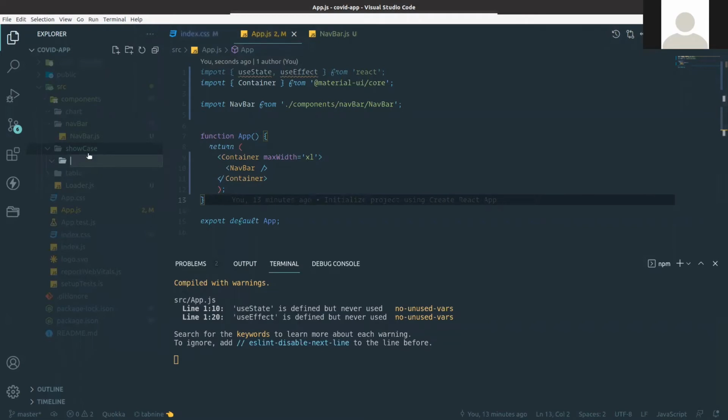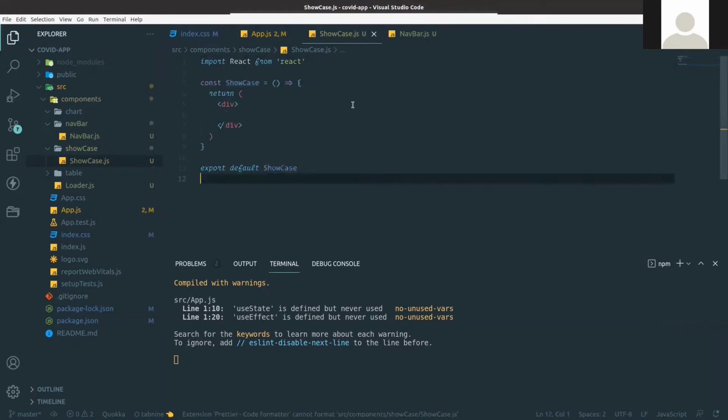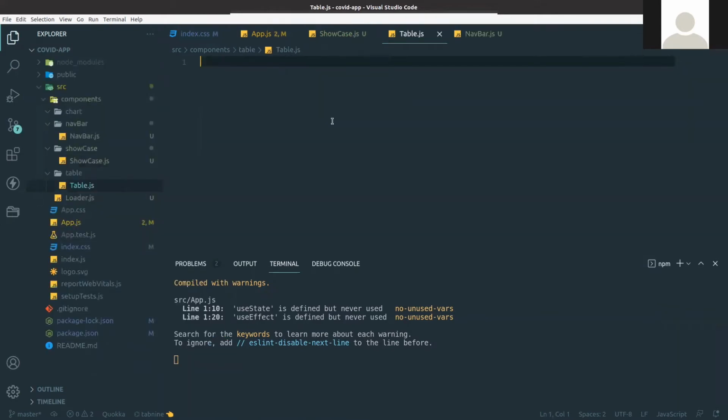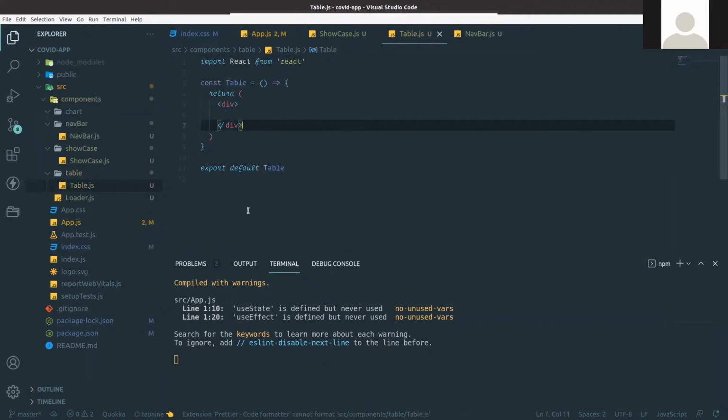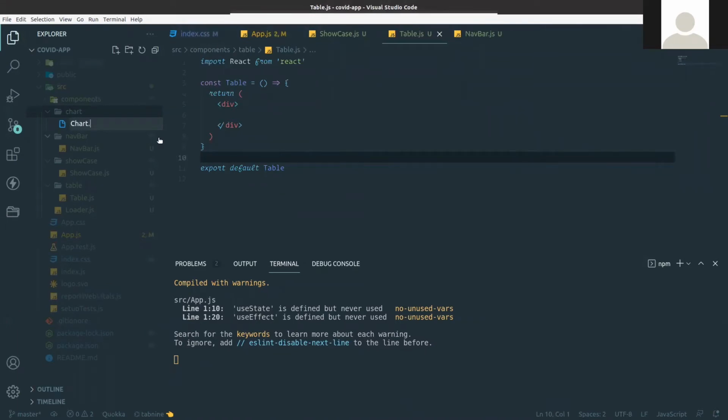Now move to showcase, and here I need to create another file, showcase.js. The table.js I also need. Chart also I need to create.